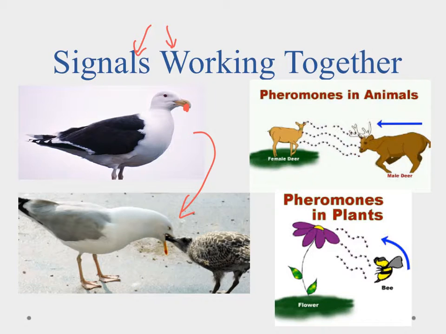Now there's another type of signal out there. These are chemical signals called pheromones. Pheromones in animals are generally linked to courtship. The females will send out a scent and that attracts the males. The males will come in and then they'll compete for the female's attention. But plants can do it the same way, where they attract insects, and the insects come for the sake of pollination for the plant. They'll get pollen from one flower and take it to another one, and that's how the plants are able to reproduce.